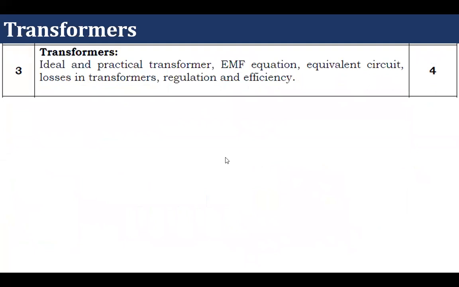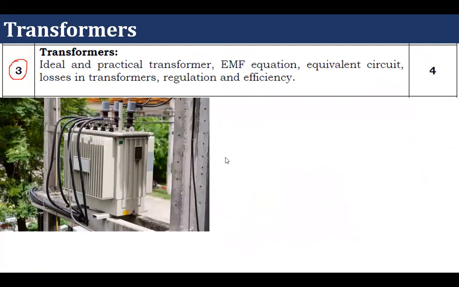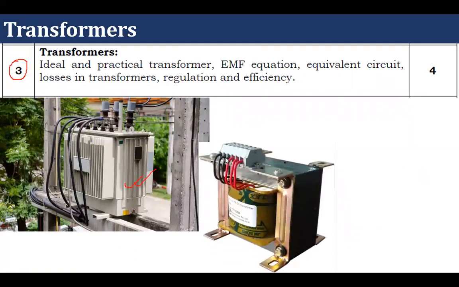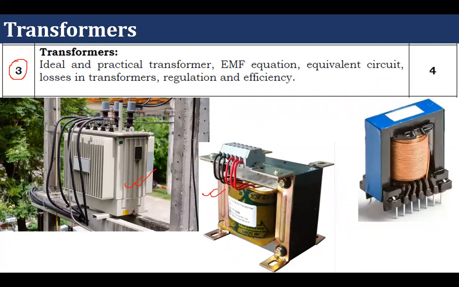The third unit is a smaller unit, and it is very interesting. We have to go through transformers. I hope you have seen this kind of transformer. This is another transformer in the lab with the kids. You can easily see this kind of transformer. These are another type of transformer. Here the difference is in the core of this transformer. Here a ferrite core has been used, whereas in these two transformers iron cores have been used.